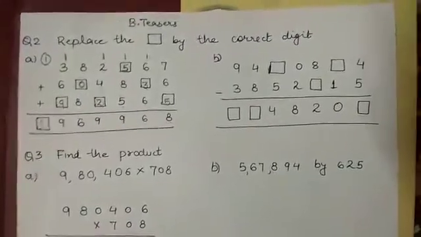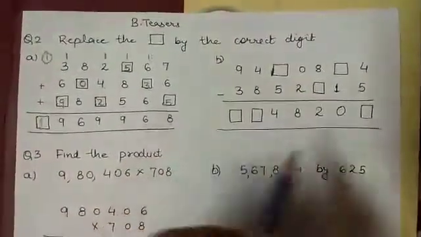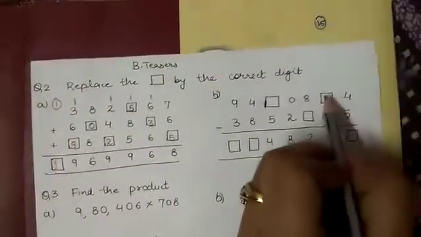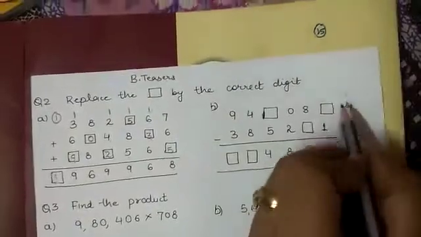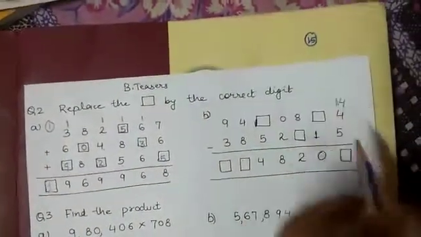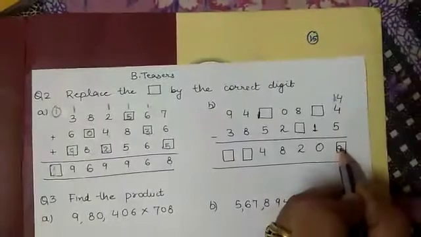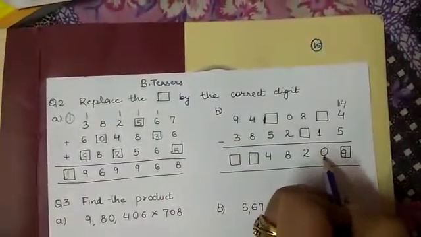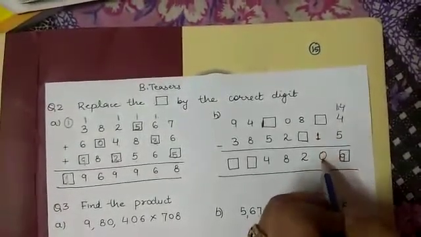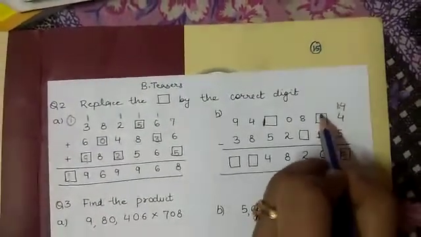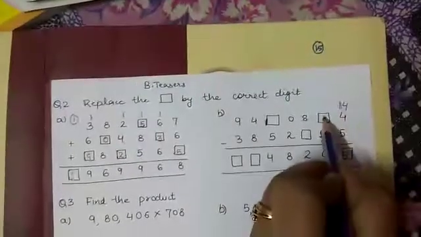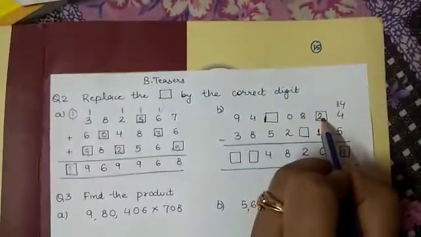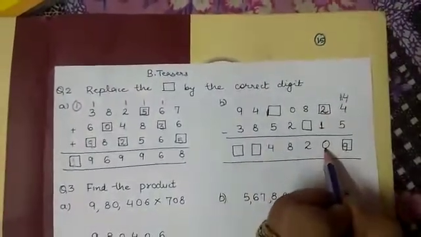Fine. In the same manner, we have to do the subtraction. 4 minus 5 clearly not possible. It means some borrow must have been taken from here, and it must have become 14. So 14 minus 5 became 9. Now what should be here so that the result is 0? Actually 1 minus 1 should be 0. But it has given 1 borrow to this number. So it must be 2, so that after giving the borrow, it became 1. 1 minus 1 is 0.